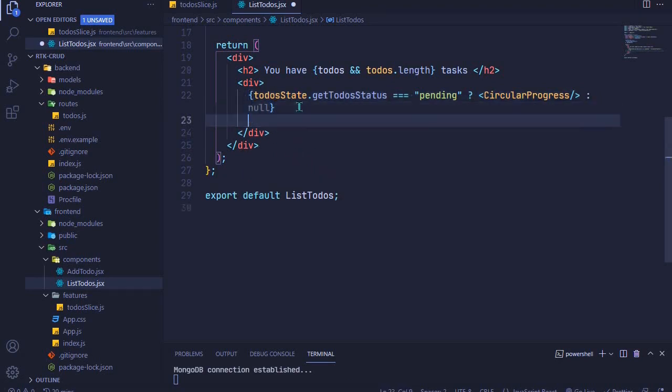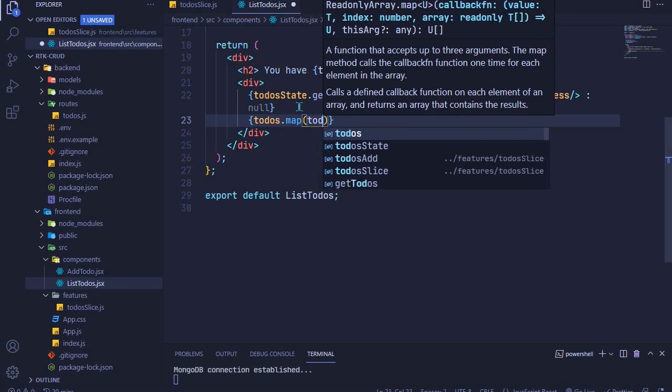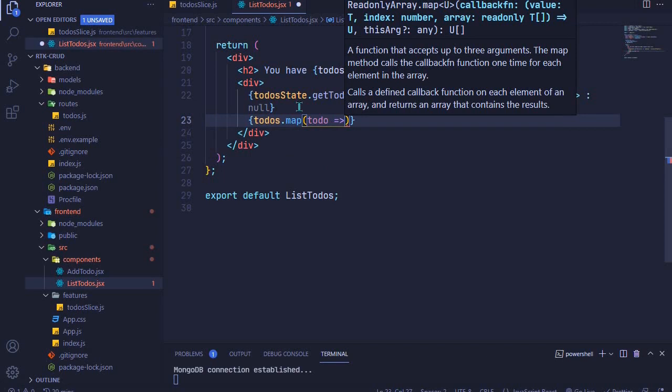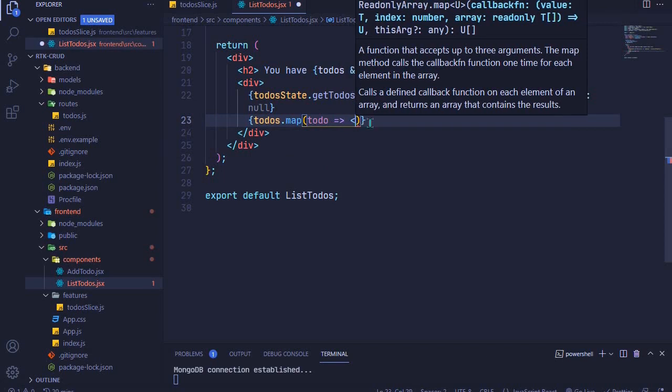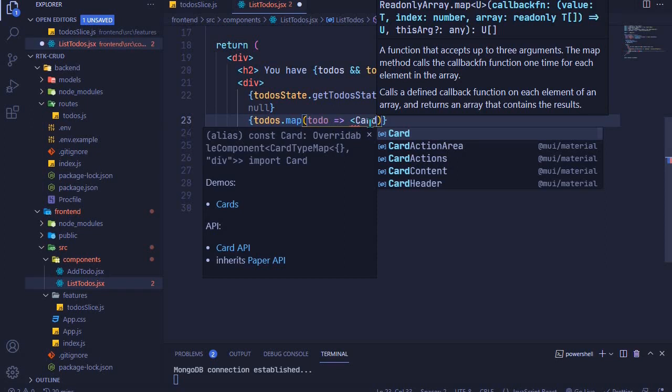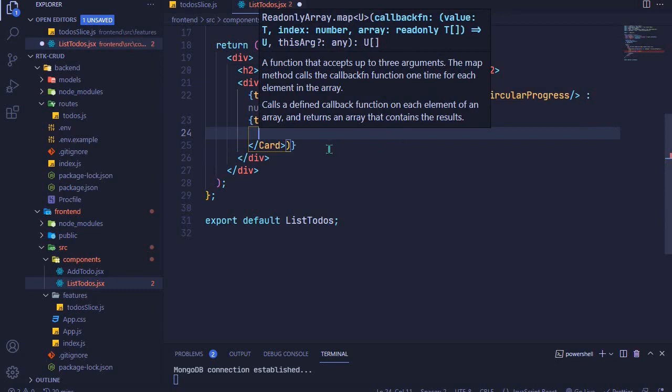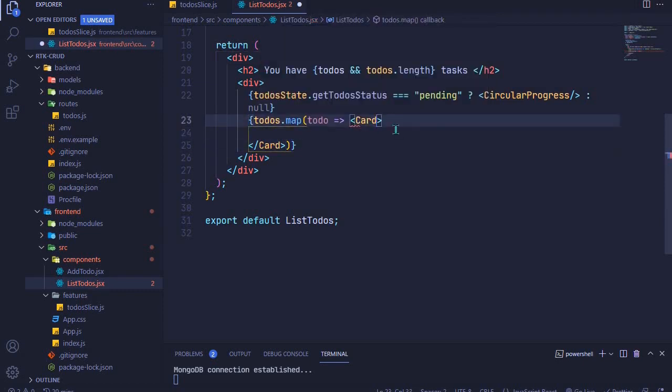And then after this, we can just map through our to-dos. So right here, I can just say to-dos.map, and then we will get each to-do at a time, and we can display each of them on the UI. So I'll make use of the Card component, which we imported at the top. So I'll say Card like that. And this will accept several props right here. We'll say the variant will be equal to outlined,